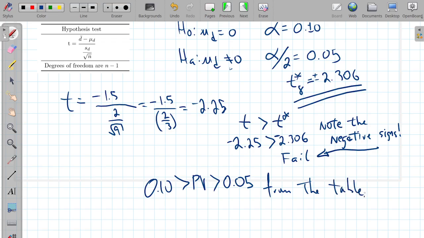So what does that mean to us? Well, it means we get to reject the null. Wait a minute. Did I get that right? No. Alpha divided by 2, we fail to reject the null. Sorry, my bad. Getting all tangled up in my own numbers. Anyway, we're failing to reject the null hypothesis because if we just took the